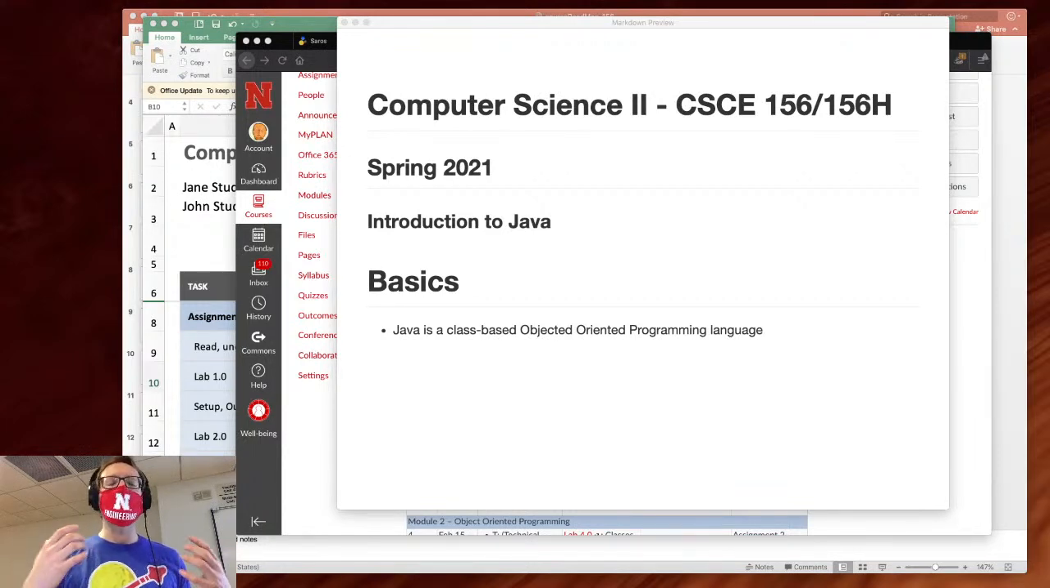And basically the designer, James Gosling, I think, wanted a language that looked familiar. He wanted a language that had automatic memory management. He wanted a language where you write once, compile once, and run anywhere. In other words, you wouldn't have